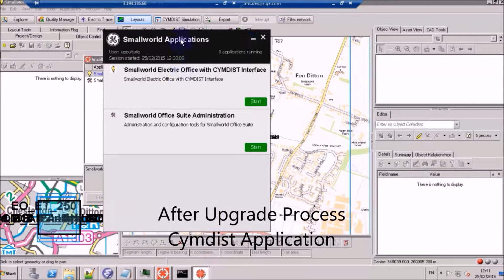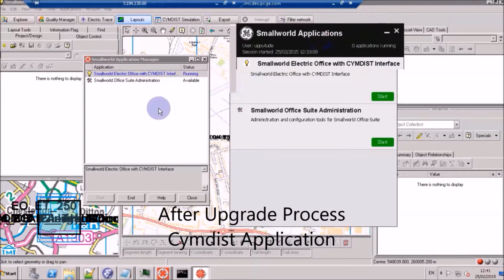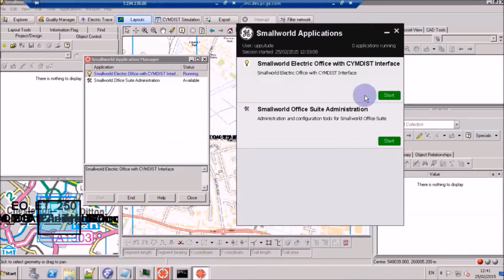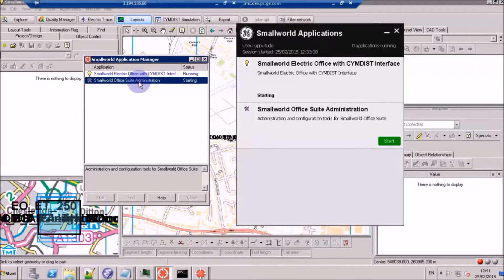and see what is the difference. You can see that there is a lot of difference in the look and feel, but the layout remains almost the same. Now let's start the user application to see the comparison, and also let's start the administration application and look at the difference.